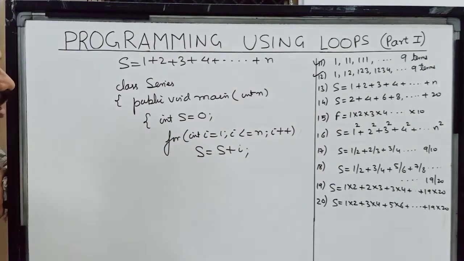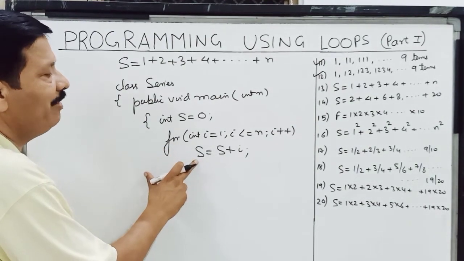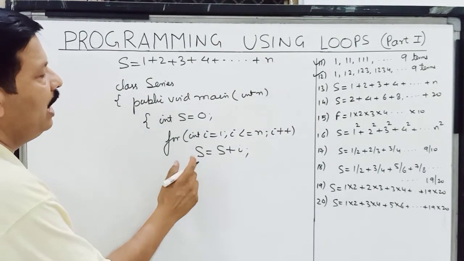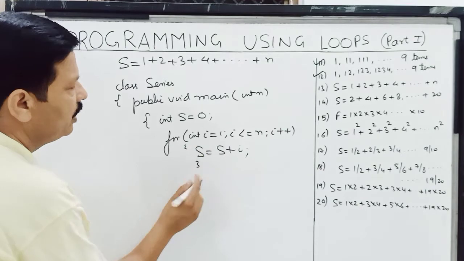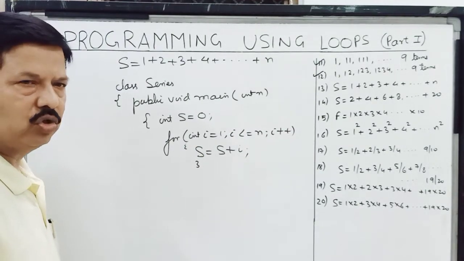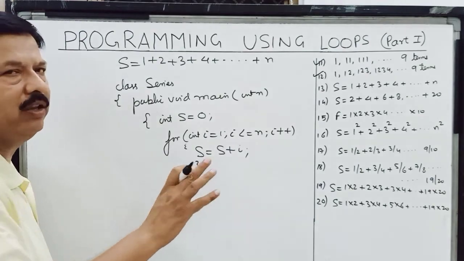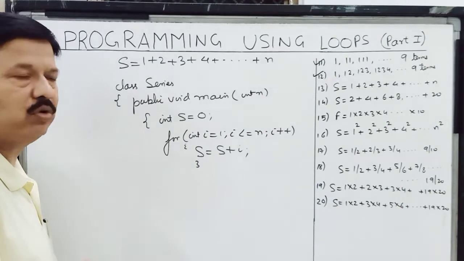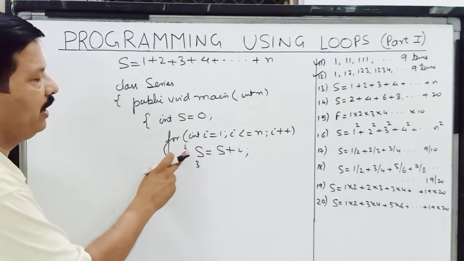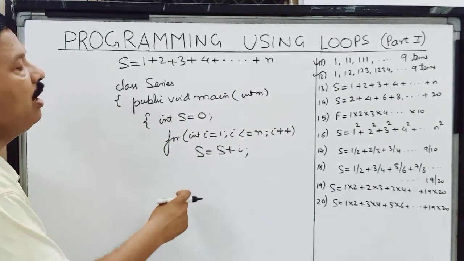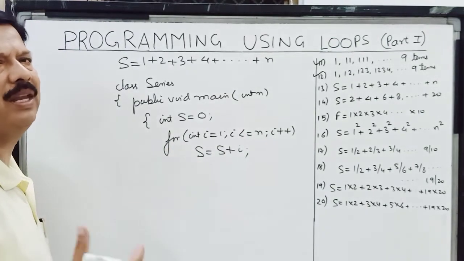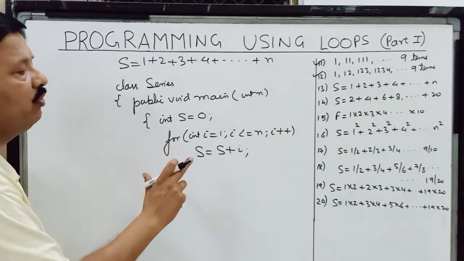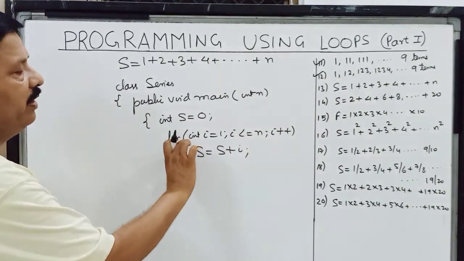Now children, there is one more thing I want to tell you. Now I have only one statement within the loop. So the body of the loop is containing only this statement. I can place braces here or I can leave the braces. So even if you don't write braces over here, it is not going to show you any error. If it would have been two or more than two statements, then these braces were required. So I am not using these braces, but many a time you see in the book or many other teachers are putting these braces. And there is no harm in putting braces, but braces over here are not required. A block over here is not required.